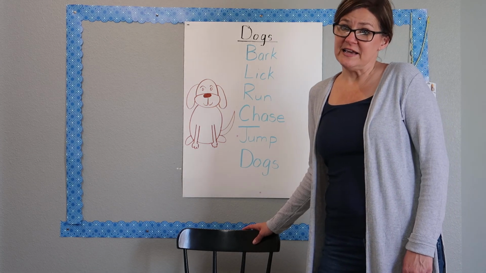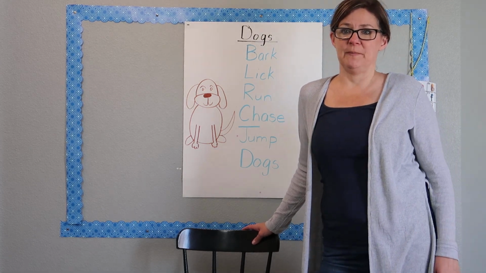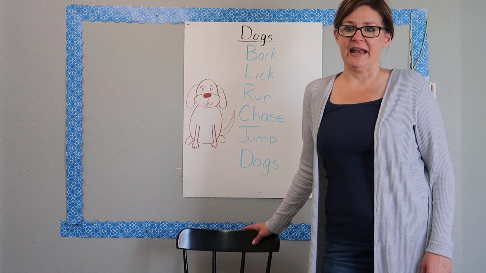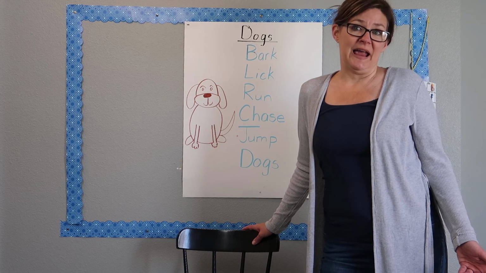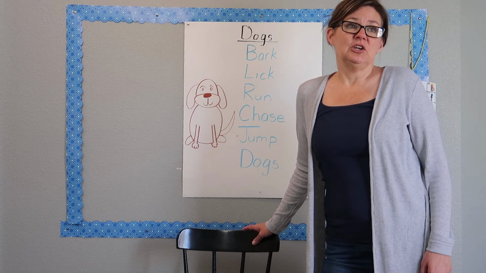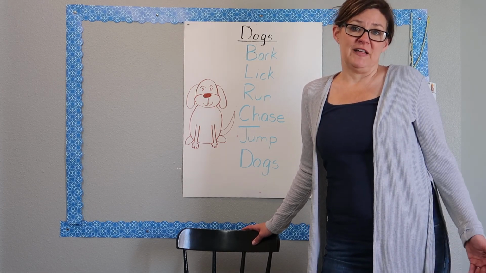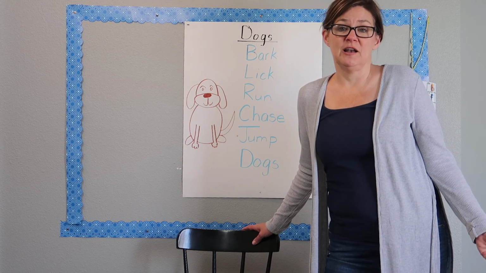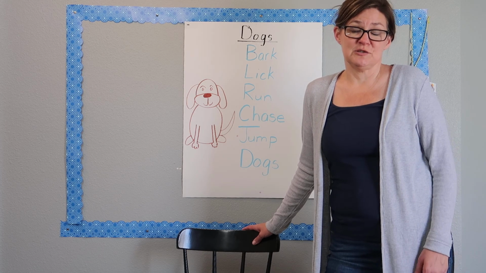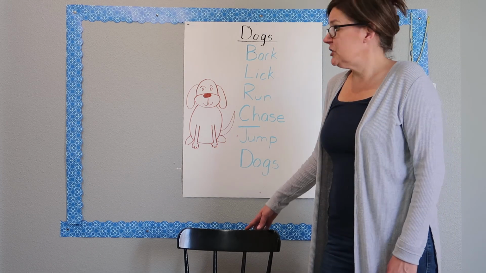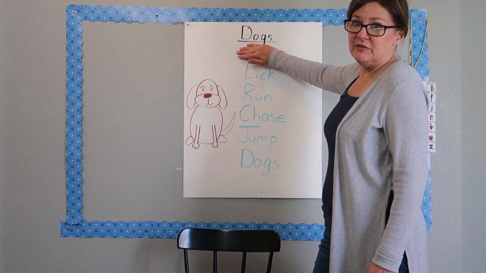So today, you guys, for writing, are going to choose a topic. Anything you want. It can be an animal. It can be something you like to do, like ride your bike. You could say bikes. It could be about something fun that you've done lately, somewhere that you've gone, maybe the park. Maybe it could just be about your house, since a lot of us have just been at our house, right? So you're going to choose the topic, and that's going to be the title of your poem.